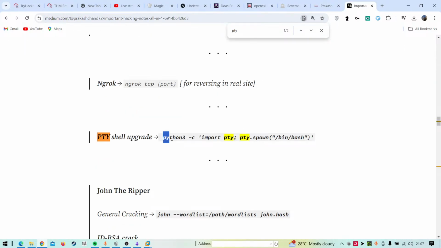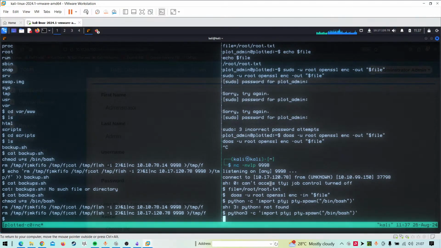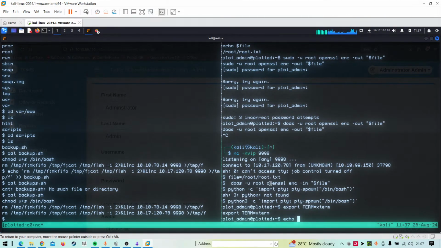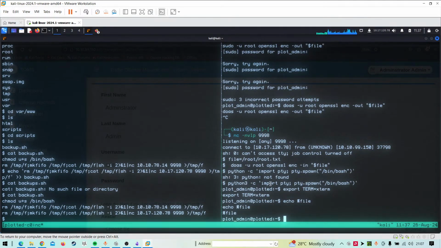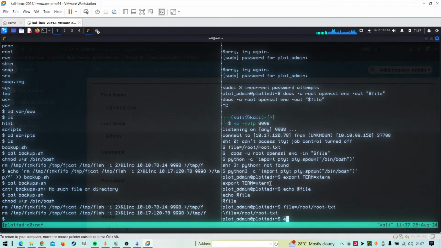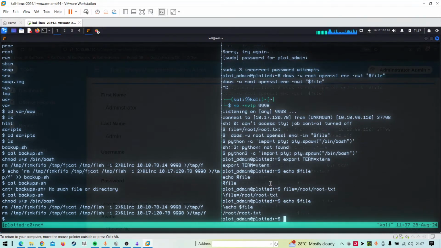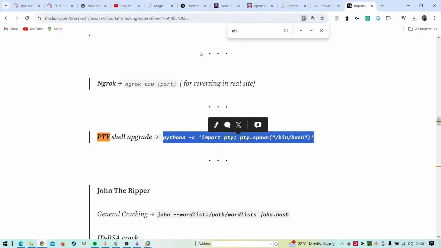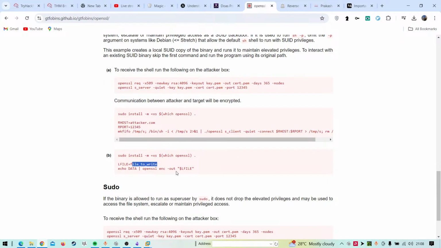So just copy the entire line of code, export TERM equals to xterm, and echo $file. It is out for a write.